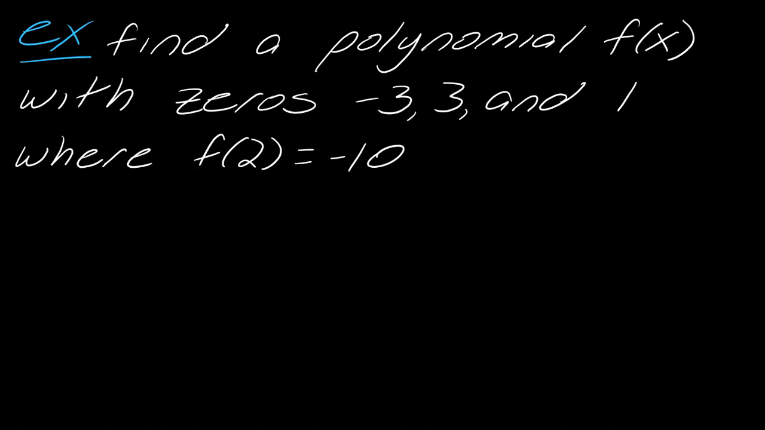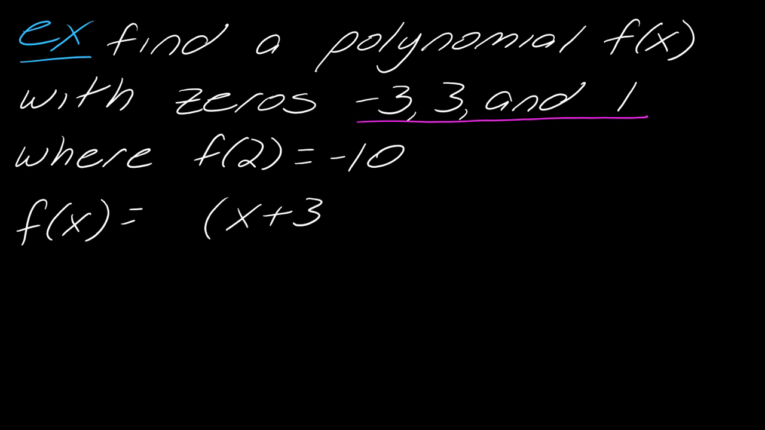Now, a related question would be, find a polynomial with the zeros -3, 3, and 1, where f of 2 equals -10. All right, so the structure of a polynomial that we want to work with here is we want to take into account these 3 zeros. So, let's set this up. Let's leave a little space here. This becomes x plus 3, x minus 3,